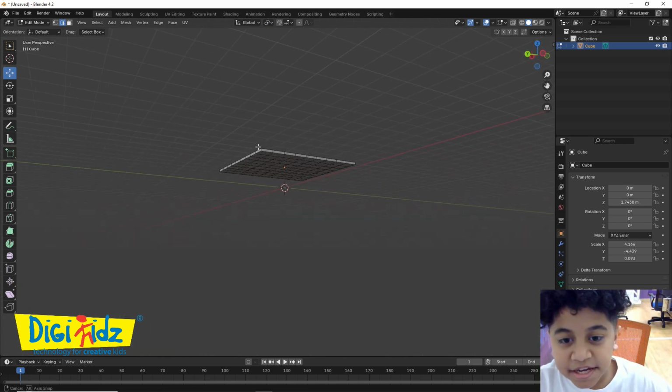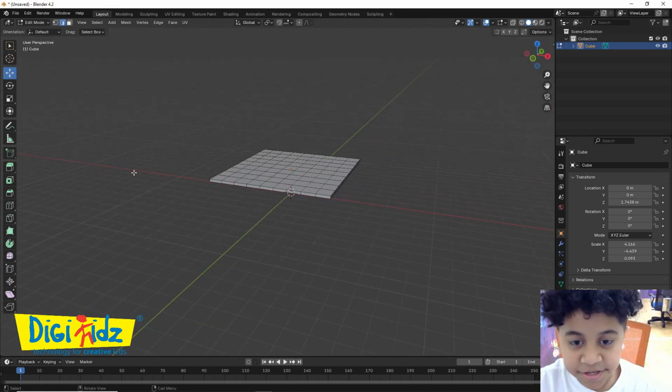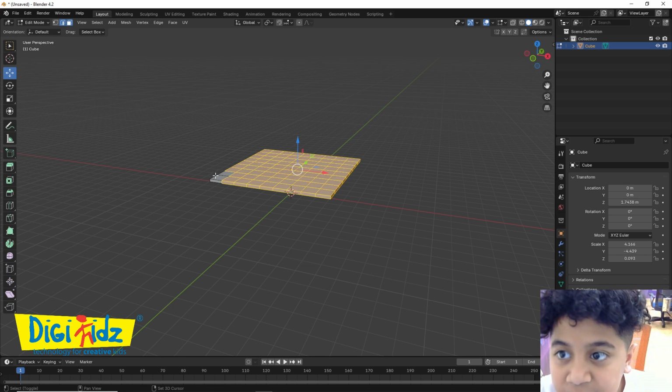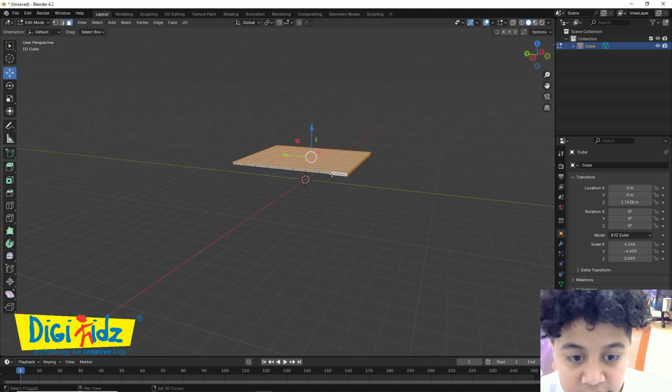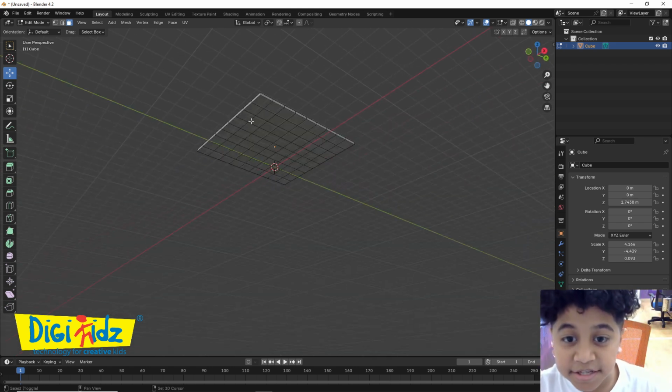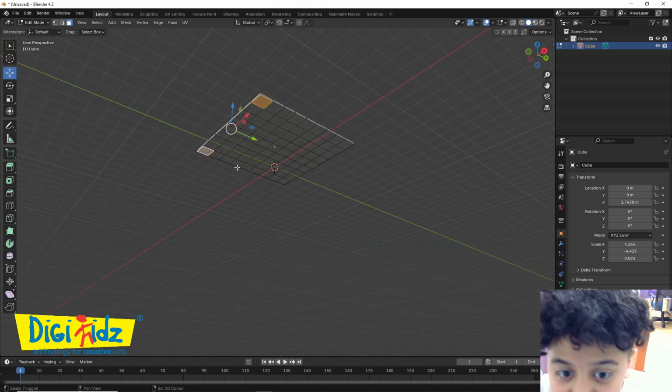Now basically what I did here was that I subdivided all of these, so now they are all different faces. So wait, I still need to do something. I'm going to need this. I don't need that. I only need that. Actually wait, no, I don't need to do any of this. What I actually need to do is click this, and